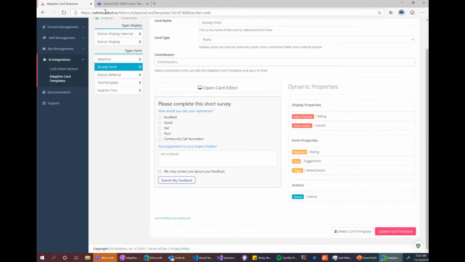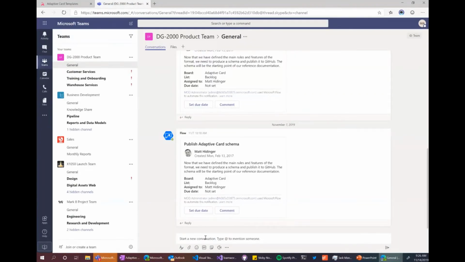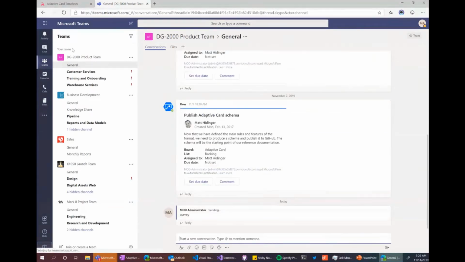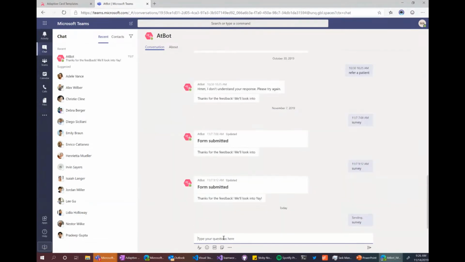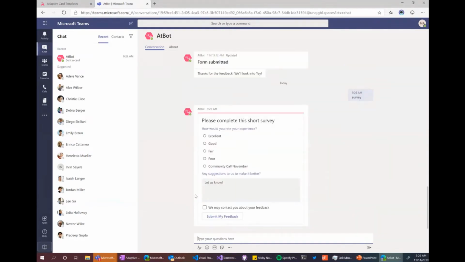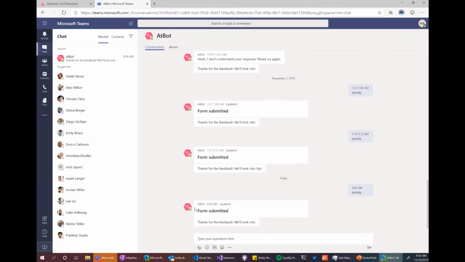So I'm clicking save, and I'm going back over here to Teams, and I am going to type survey, or maybe I have to go into the chat. Hang on, that might not work. I might have to go to the chat. There he is. And we type survey. This is me talking to the bot. Survey triggers that card. And what you should see, if all goes according to plan, look at that, there's a new option in here. I've just completely added an option to this card. I can click submit. And this is just a simple demo, but this is fantastic.